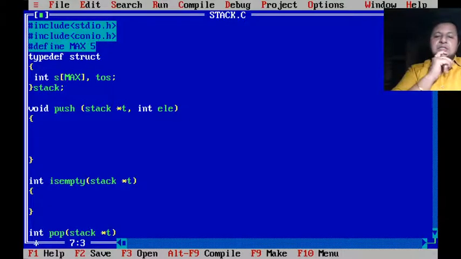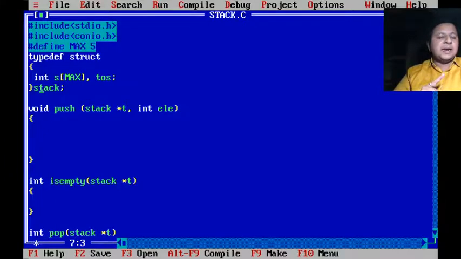Now in the main function, in the next lecture we will see, but let me just visualize a bit. In main, I'll be creating a variable of this stack. Let's say stack x. Now that stack x will contain two members, the array s and the top of stack toss. Now that particular variable I'll be passing to all my functions by reference.